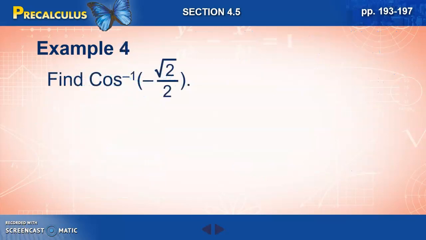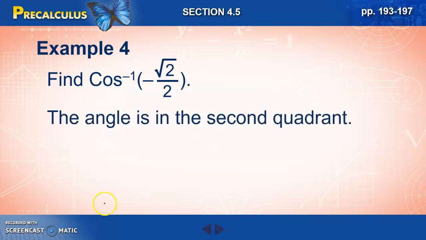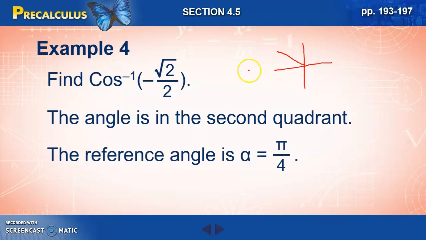Let's try another one. Find cosine inverse, the inverse cosine, of negative root 2 over 2. Well, knowing what we know about the unit circle, we know negative root 2 over 2 is over here in the second quadrant. Over here, we know exactly where it is. And the reference angle, that's this angle right here, is pi over 4. That's the reference angle. It's not the exact angle. It's not this measurement. If we know the unit circle, we can just pick out exactly what that is. If we're not sure what the unit circle says that number is, we may have to go back and